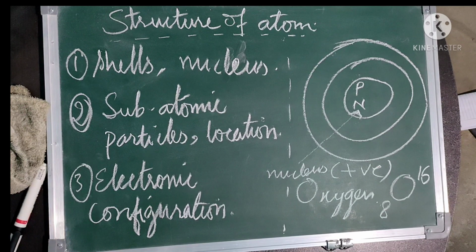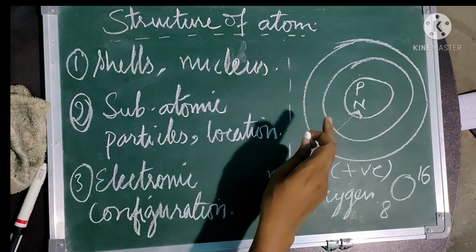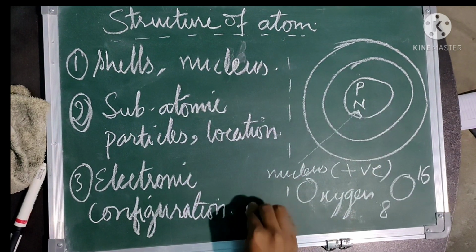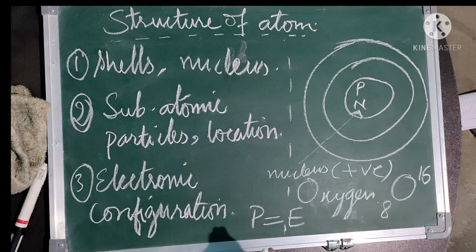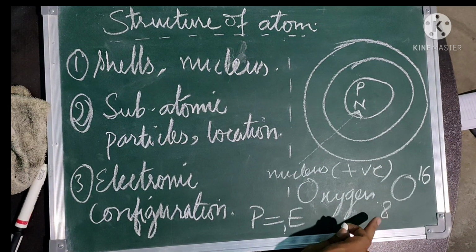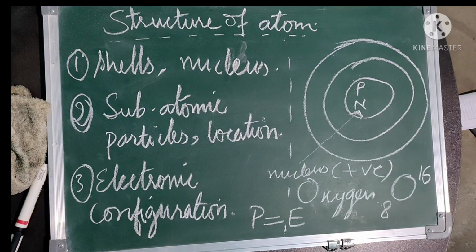And hence, one more thing we need to know, that within an atom the number of protons is always equal to number of electrons. That's why the atom is electrically neutral always. So in an oxygen atom we are having 8 protons, 8 electrons. So now the question arises, how are these electrons